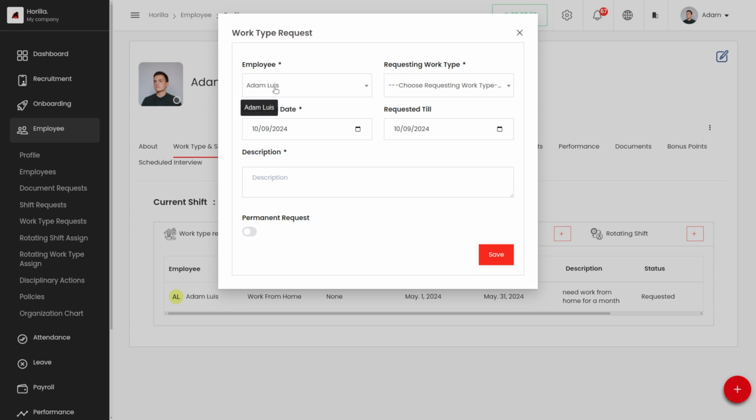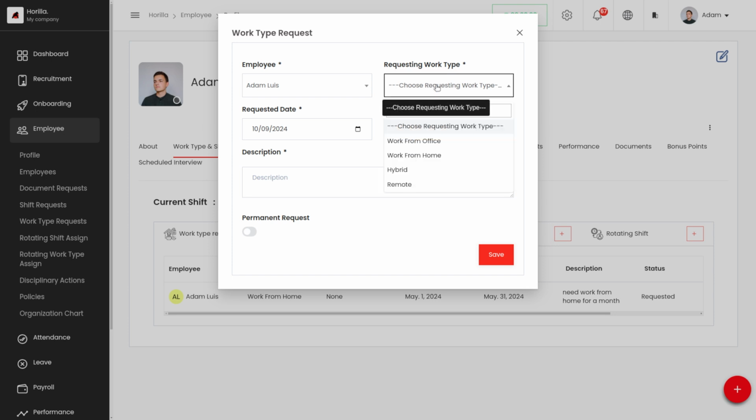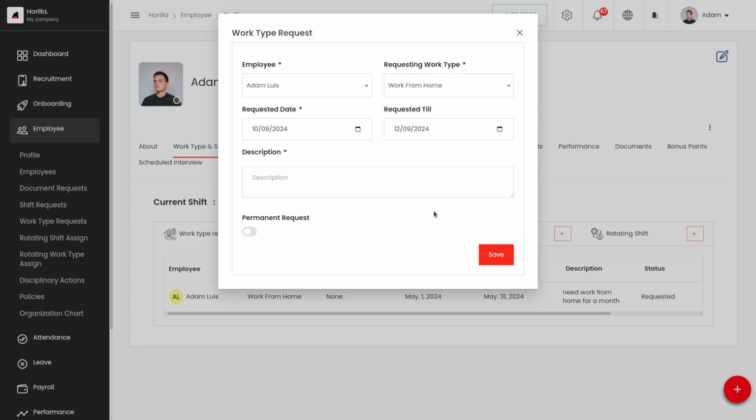So here we can see that the employee name has been auto-filled, and we have to give the requesting work type, that is, let's give work from home. So the employee is requesting work from home for 2 days. So this is the requested date, and we can give the requested till date, and then we have an optional field to add a description. So let's give a description,